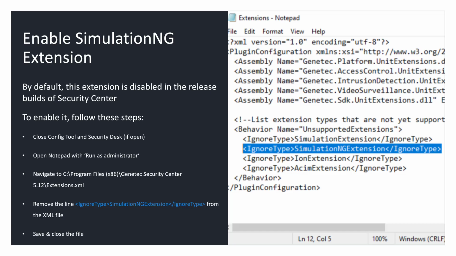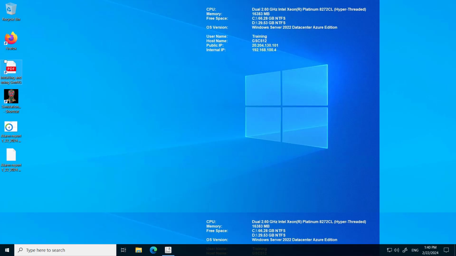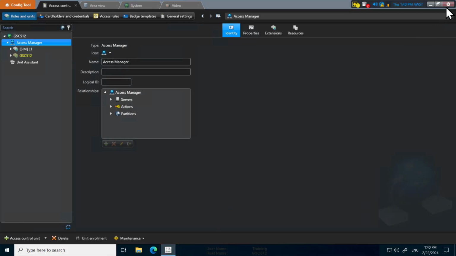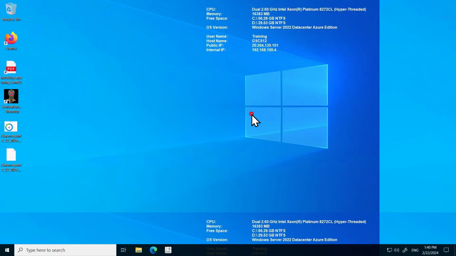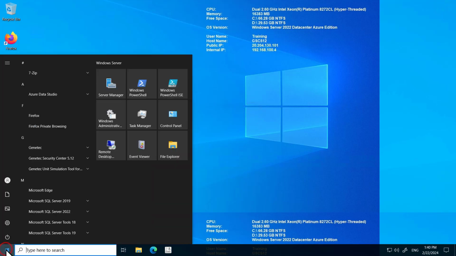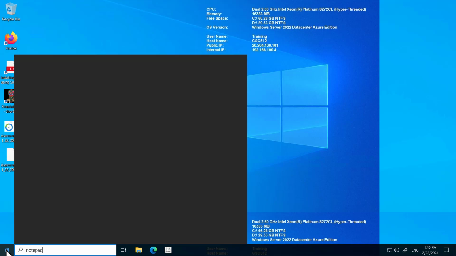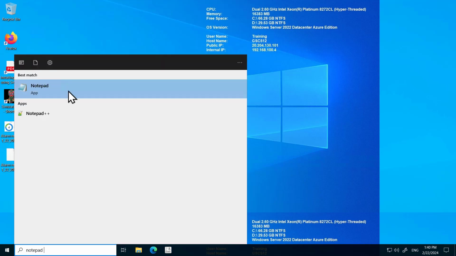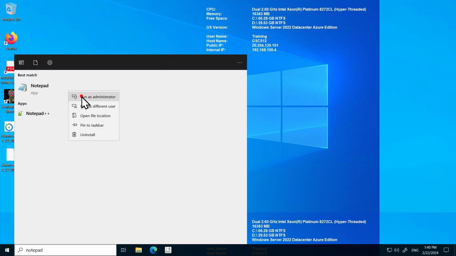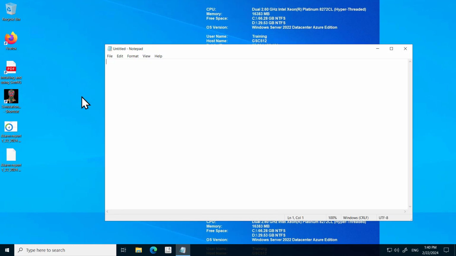Let's see it practically. I am on my VM now. Config tool is open, so closing it. Start, Notepad, right click, run as administrator, file, open,